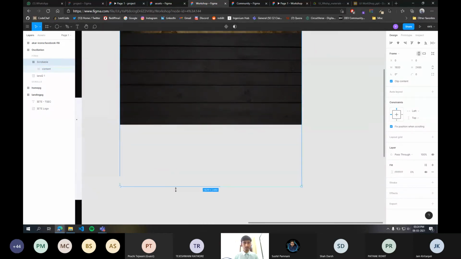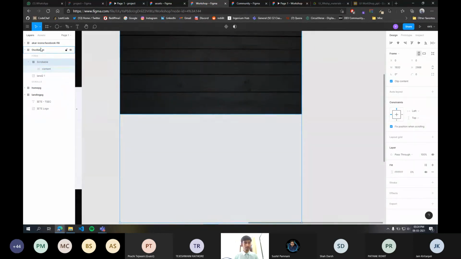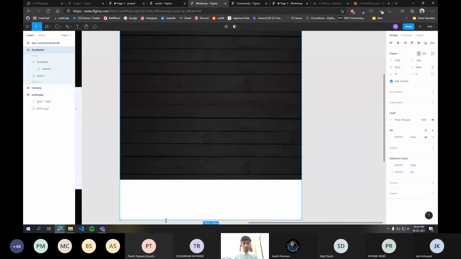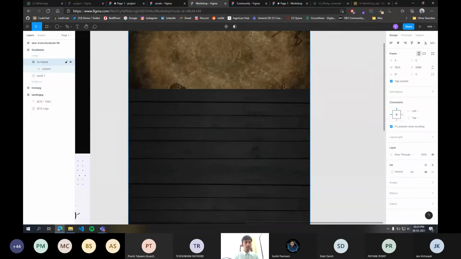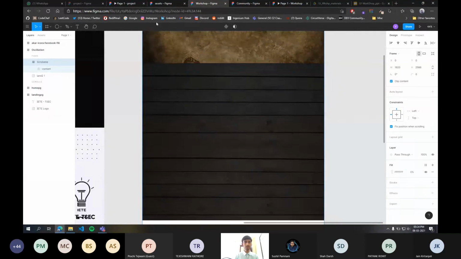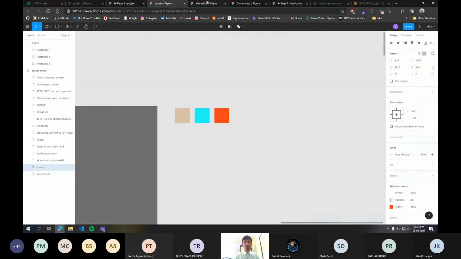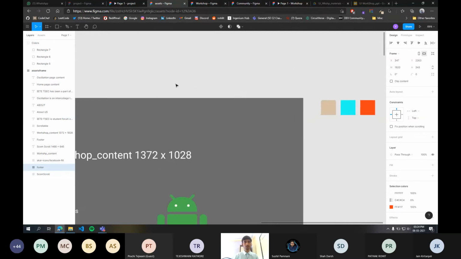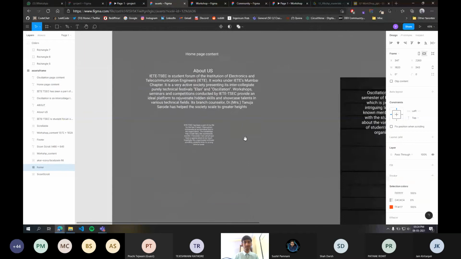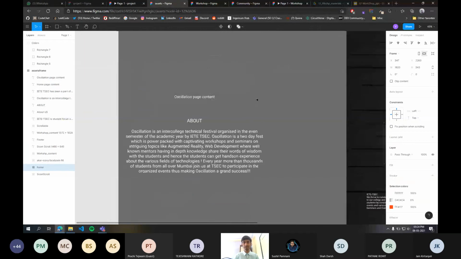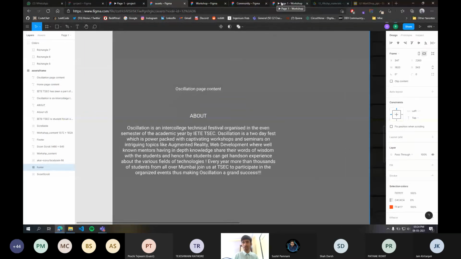So go to scrollable, extend it, go to the oscillation page, extend it a bit further. Now let us focus on the content. From this assets tab, if you want, you can copy paste this about us, about the event thing, but for now I'll skip it due to time constraints.